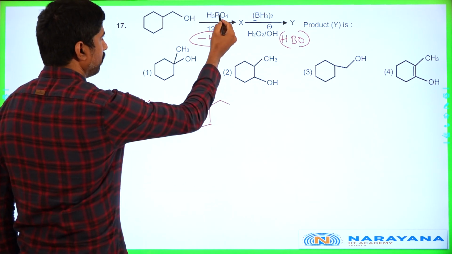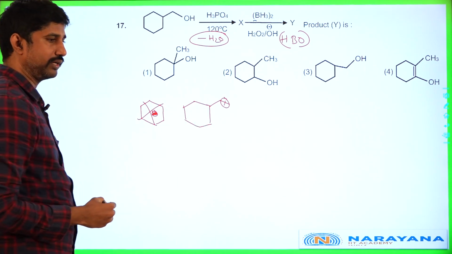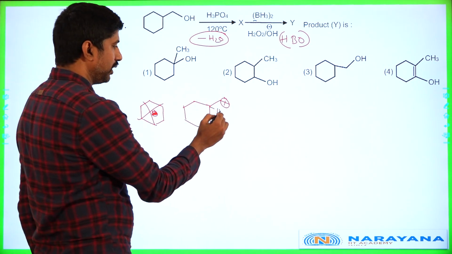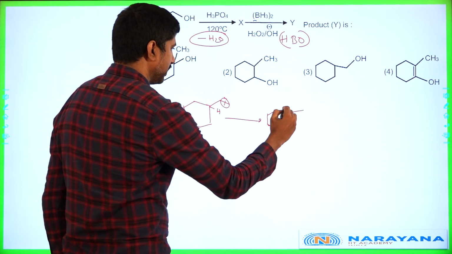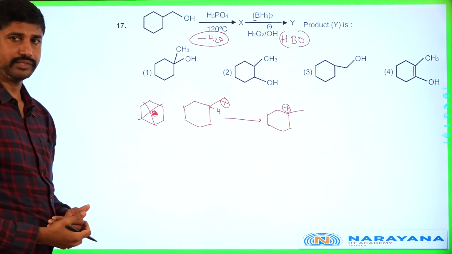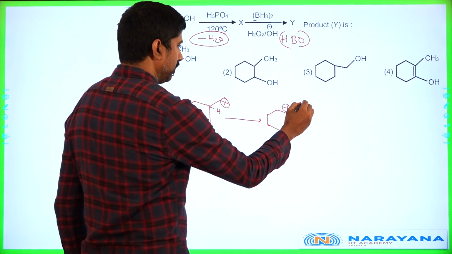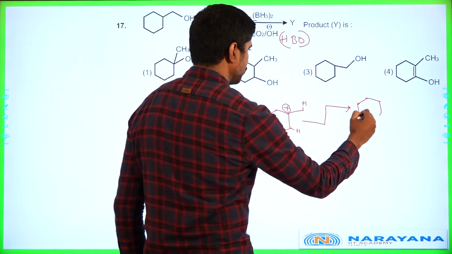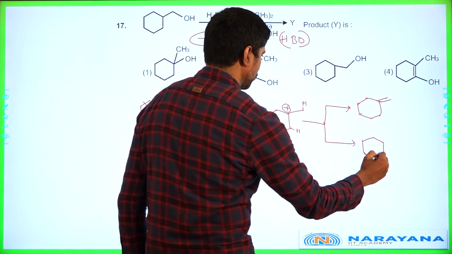By giving off H plus, the OH group is completely going out and you will have the positive charge, which is a primary carbocation. And the next position we have immediately is a tertiary position. So rearrangement takes place, and because of the rearrangement it becomes a tertiary carbocation. So OH minus is gone. And then next possibility, hydrogen can be eliminated here and hydrogen can be eliminated from this place. So it is giving two possible products. First possible product is this one and second possible product is this one.